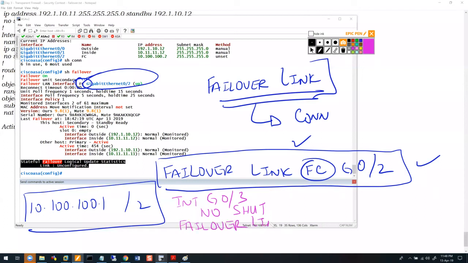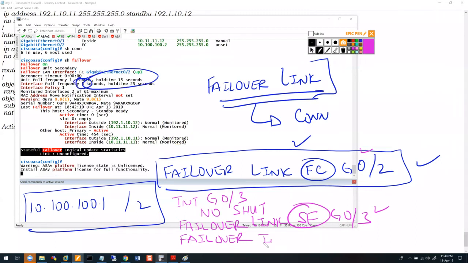My failover link is what? Let's call it SF for stateful gig03. So I'm designating the name as SF for gig03. But then it does not have an IP address. This one did because I had already done the no shut, because it was also being used as my LAN interface. So I now need to give it an IP address, failover interface IP